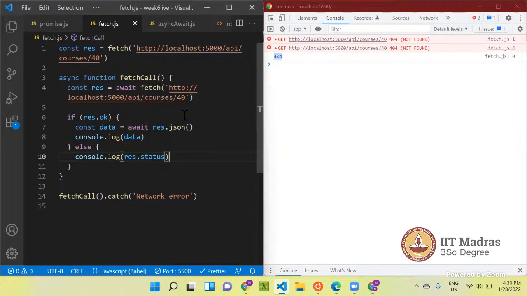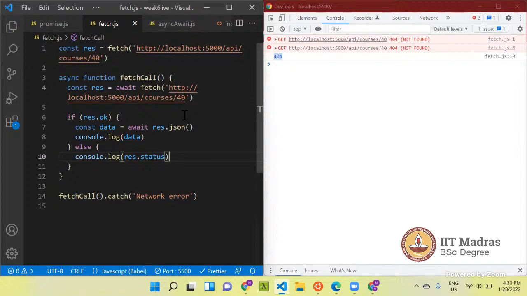That response object has different properties: response.status will give you the status code of the response, and response.ok is another property which returns true if the response code is between 200 and 300.